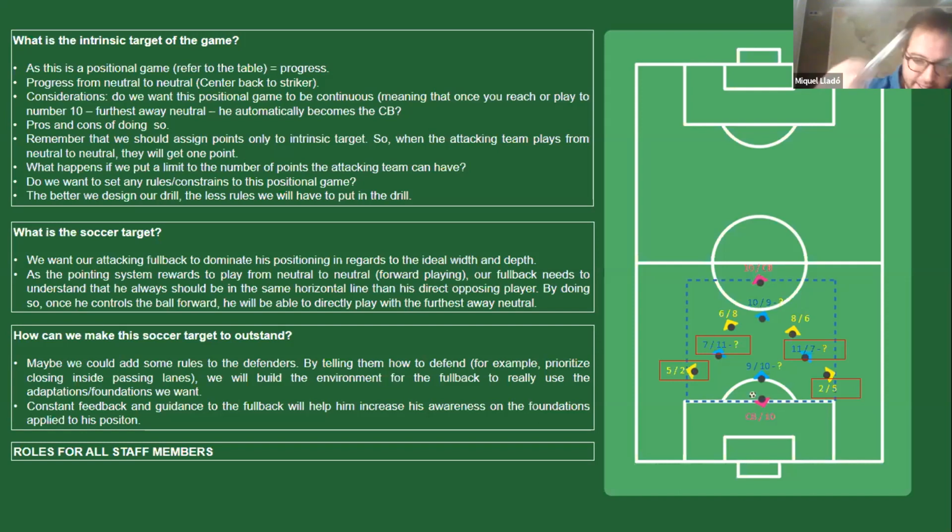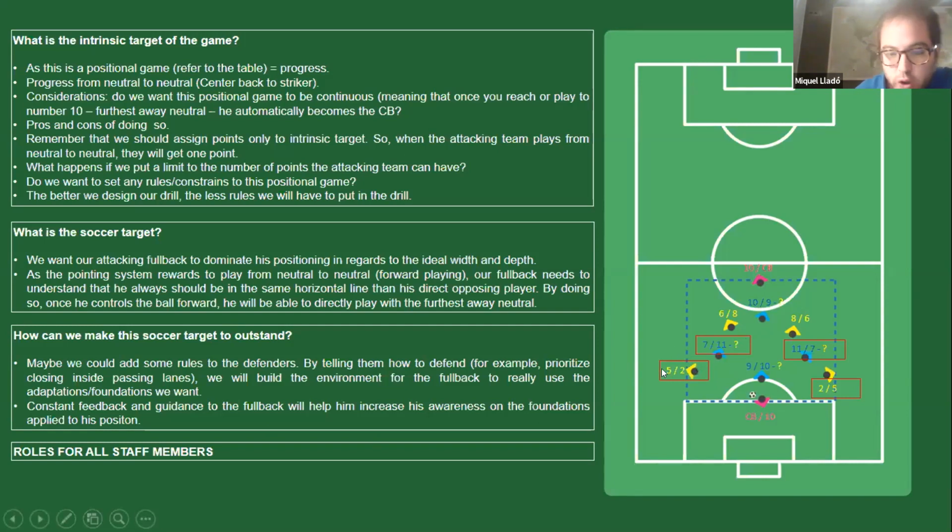If we try to make a mental representation of how this game would go, I think it would go actually quite nice, because number 9 in blue would press the center back, because if not, by playing the ball directly to the other player, they would get points. So that player would always be pressing the center back. But probably the winger here wouldn't be man-to-man with the fullback. Why not? Because we have placed 2 players at each side of our number 10. So if this guy moves closer to the fullback, there will be an open passing lane to this guy. Then, controlling with the back foot, he'll be able to play to the farthest away neutral and get the point. So probably this structure already